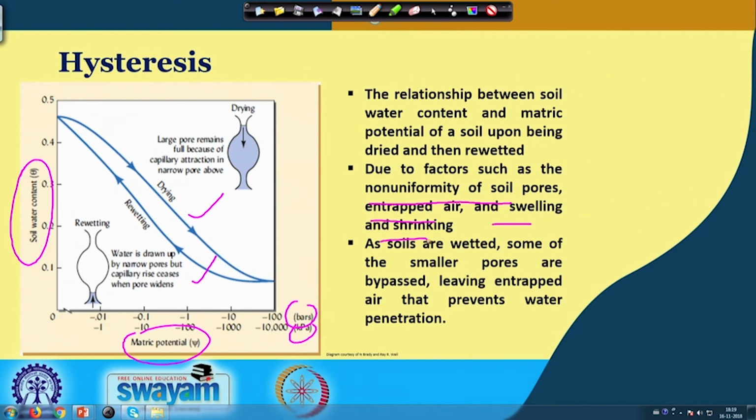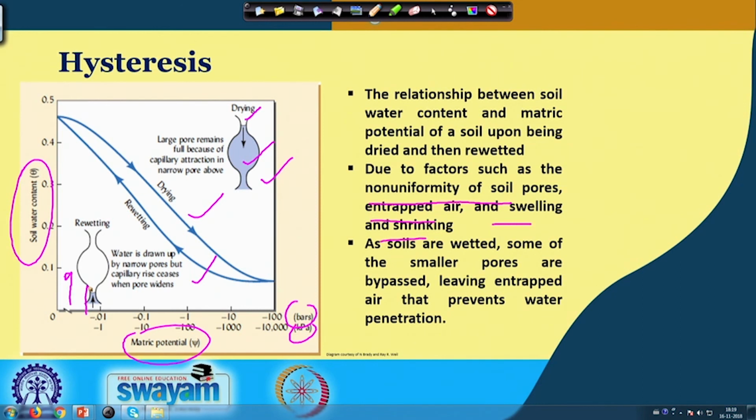This is a drying phenomenon, and large pores remain full because of capillary attraction in the narrow pores above. These are large pores and these are narrow pores. The capillary movement of water will pull more water into these narrow pores. As a result, large pores remain full, and this is called the ink bottle effect. And so, as a result there is higher moisture. However, when we are rewetting the soil, water is drawn up by the narrow pores